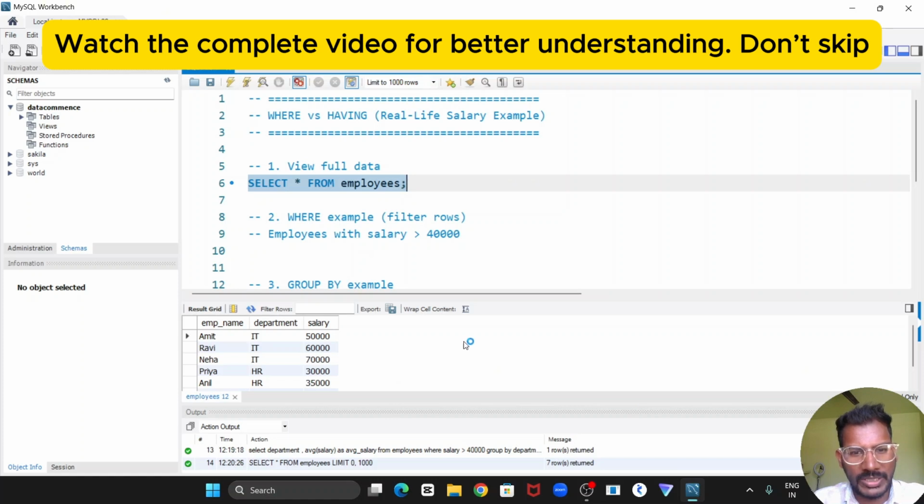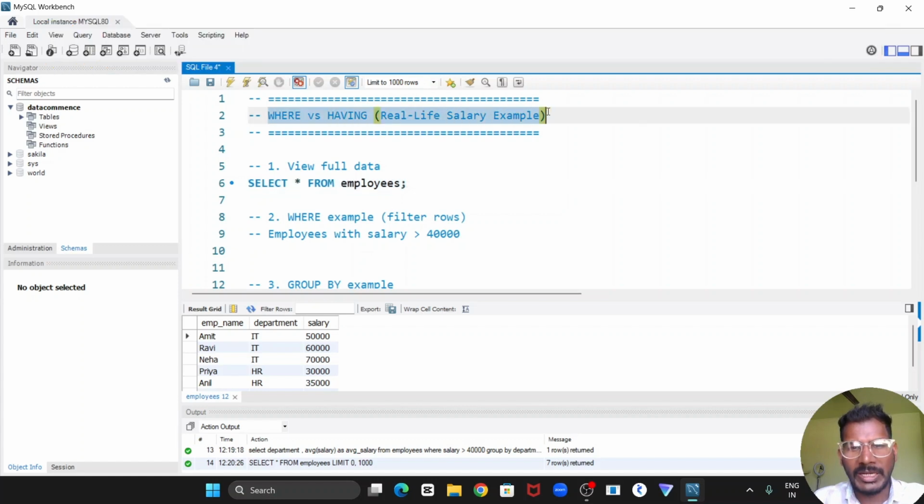Today I'm going to explain the difference between where clause and having clause. This is a most commonly asked interview question, whether you are a fresher or experienced. So make sure to listen carefully, and I'm definitely going to give you better clarity. After completing this video, you will get clarity on the where clause